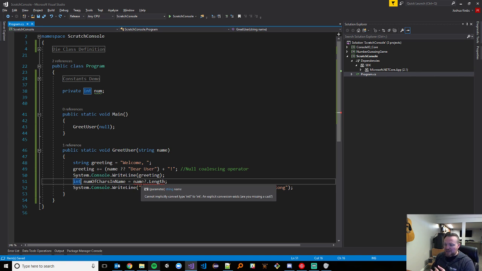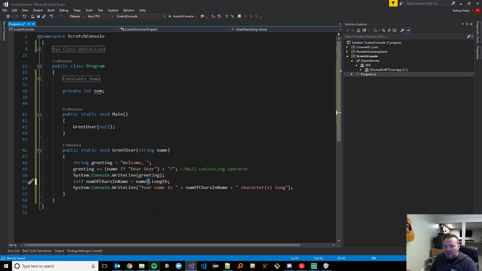An explicit conversion exists. Are you missing a cast? The reason is the following. Let me put this question mark here so you can see. Whenever I use this null check operator, it means, hey, if at any point this thing is null, or anything before it in the chain of calls is null,